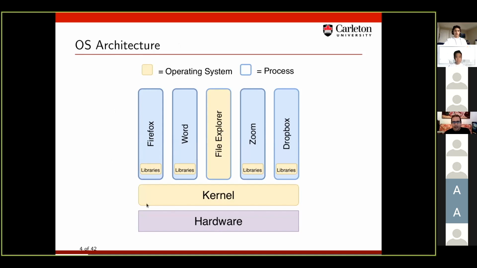What you have is hardware, whatever your computer is: the RAM, devices, CPU, whatever. On top of that, we have code running in what's known as the kernel. The kernel has special privileges that allow it to control everything. And then on top of that, we have applications running in what we call processes. You might be running a web browser, a word processor, Zoom as we're doing right now, or something in the background like syncing files with Dropbox, but you also have programs like File Explorer.